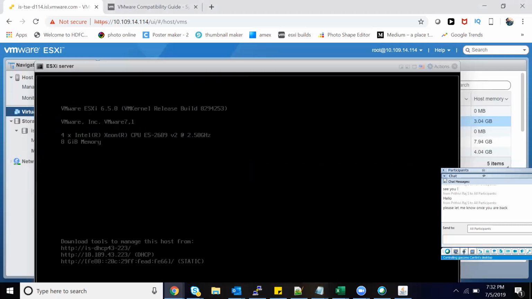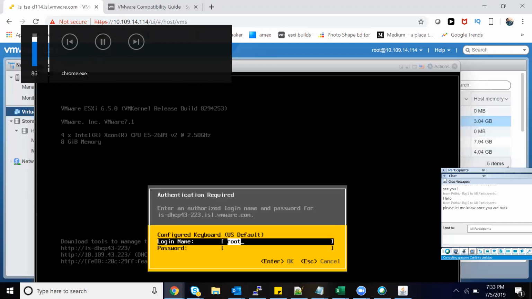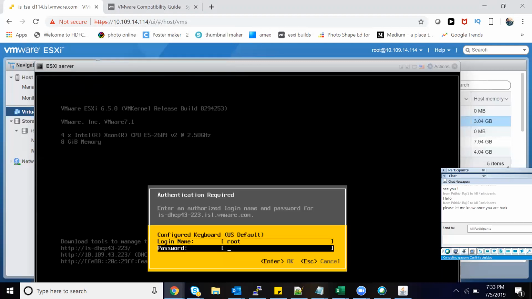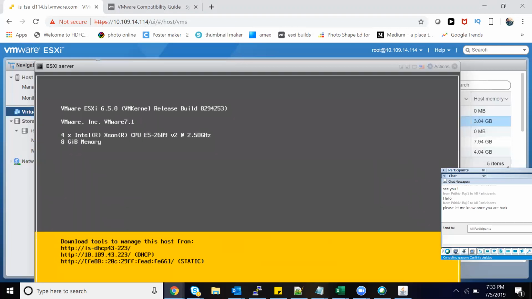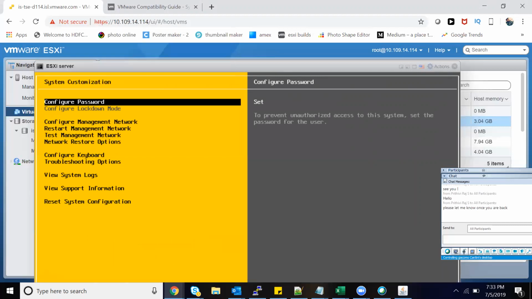Okay, now once this is done, this is the home page. This is how the home page looks like. You have to press F2, and that will give you the login credentials. We have the root credentials, and again, if you press F2, you will be taken to this important page. This is the System page. This is the only place you can configure the initial setup. You can take a general look, don't get into detail.